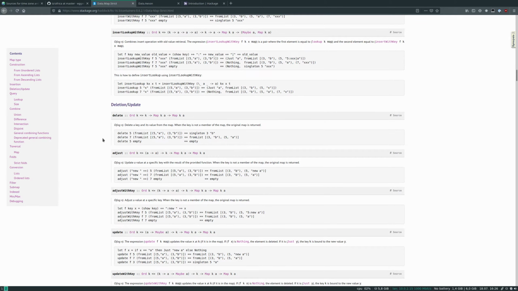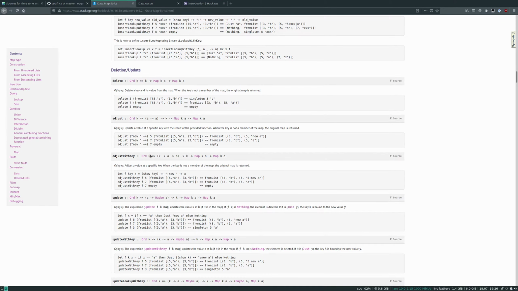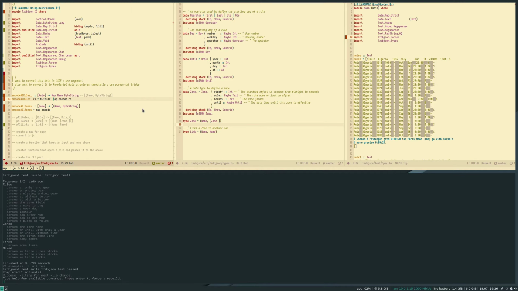Folding and insertWith. So we want to fold this. Colon empty. This and here we have the map and we have name, value.